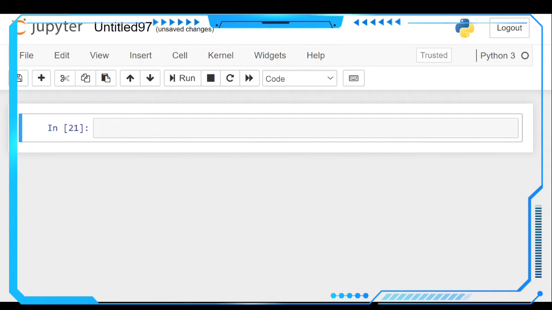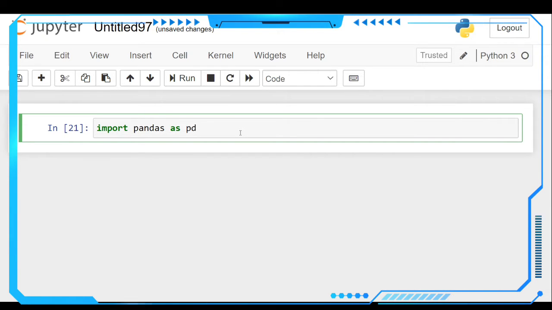For creating a CSV file we need to import two libraries here. They are the pandas library, one of the most powerful Python libraries. Import pandas as pd.